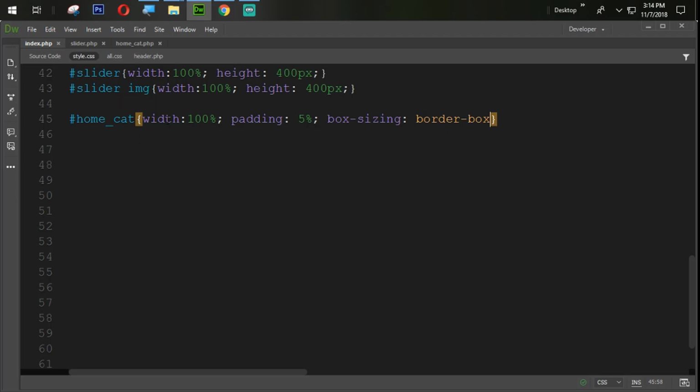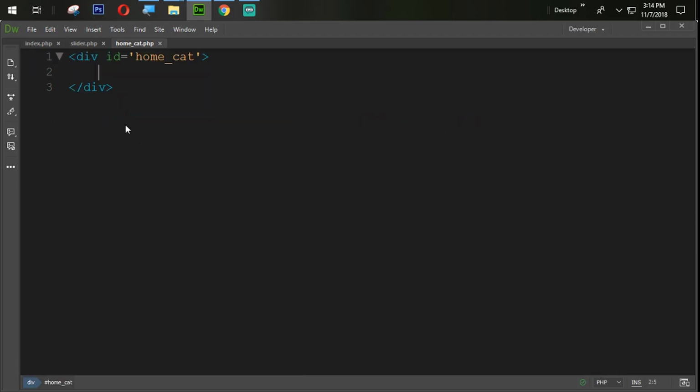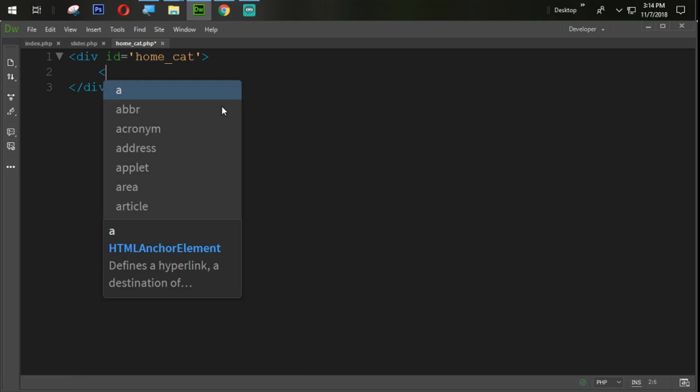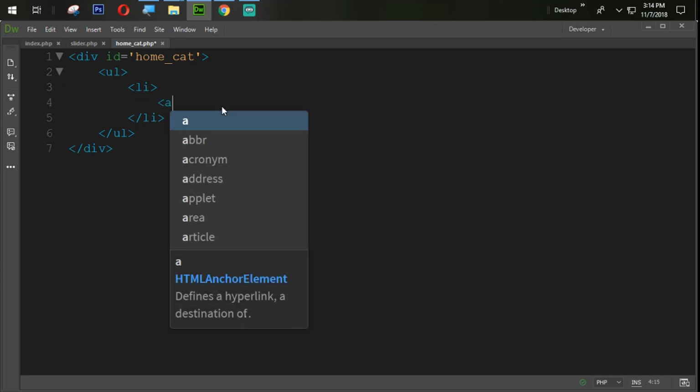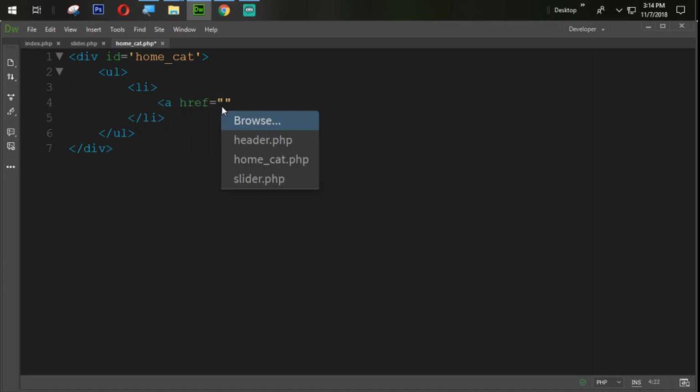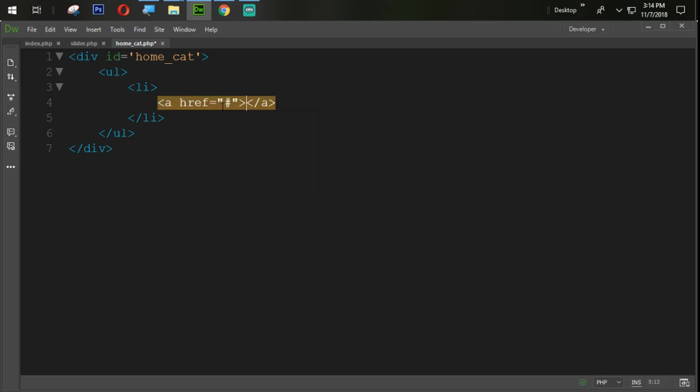Okay, and then come back again into homecat.php and create a UL tag, and inside that UL we are going to use the li tag. First of all we will create a link with the href, just a hash for now. Inside that link